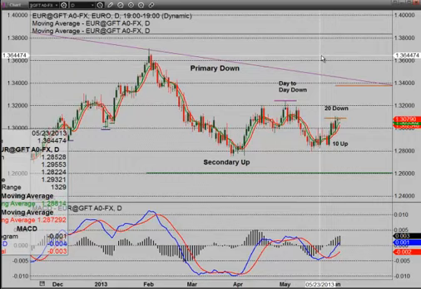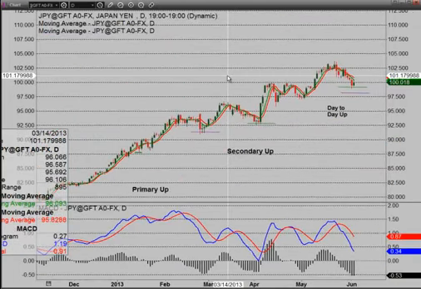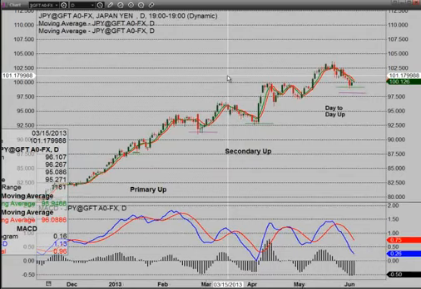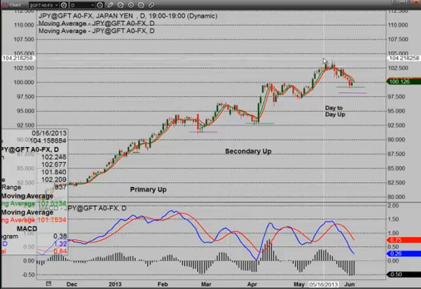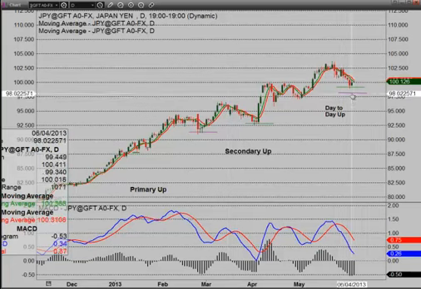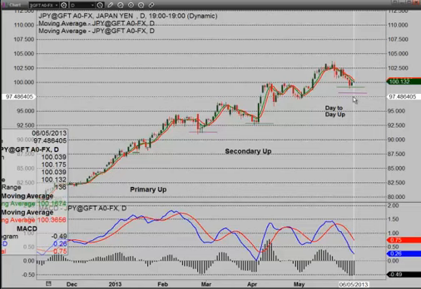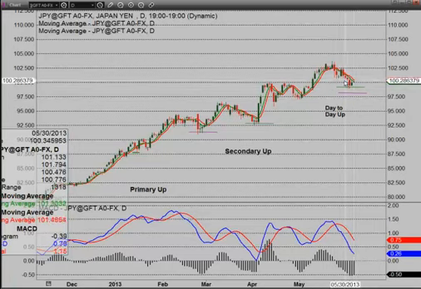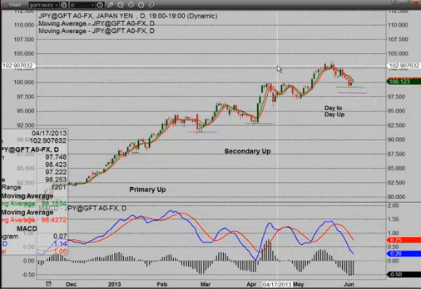Next market, dollar yen. Dollar yen has just been a great trading vehicle, particularly the short term also, and it's not giving up the bull easily here. Here's another one where we would describe that as counter trend movement so far, just as we would describe that rally in the euro that we just saw in the past couple of weeks, a counter trend move higher. This is definitely a counter trend move lower. We're not going to write off the dollar yen so quickly. We think probably have a little bit more room on the upside here.